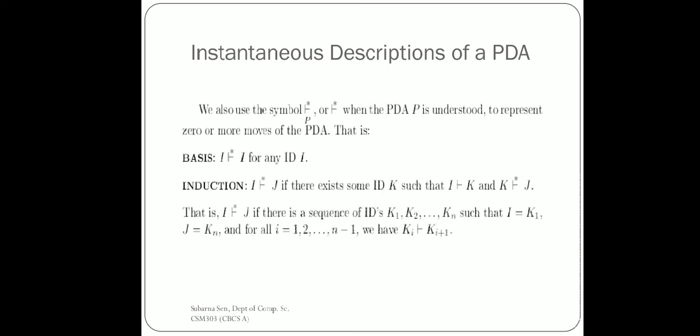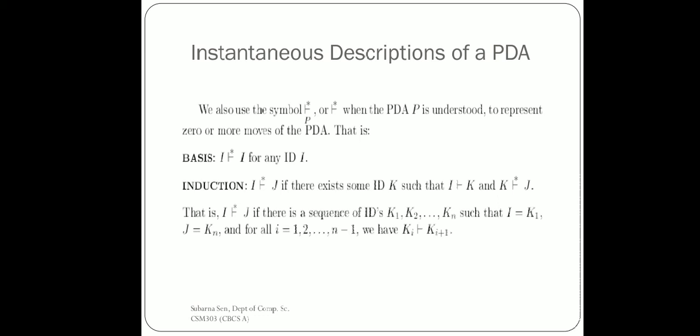Both are ID, that's why I to J, and applying the turnstile symbol or applying the transition multiple number of times. If we use the method of induction and we have to prove that after applying multiple number of transitions, it will generate one new ID J, right? Means from I it may change the ID to some I1. After that from I1 it may change the ID to some I2, and in this way it will ultimately change the ID to J.